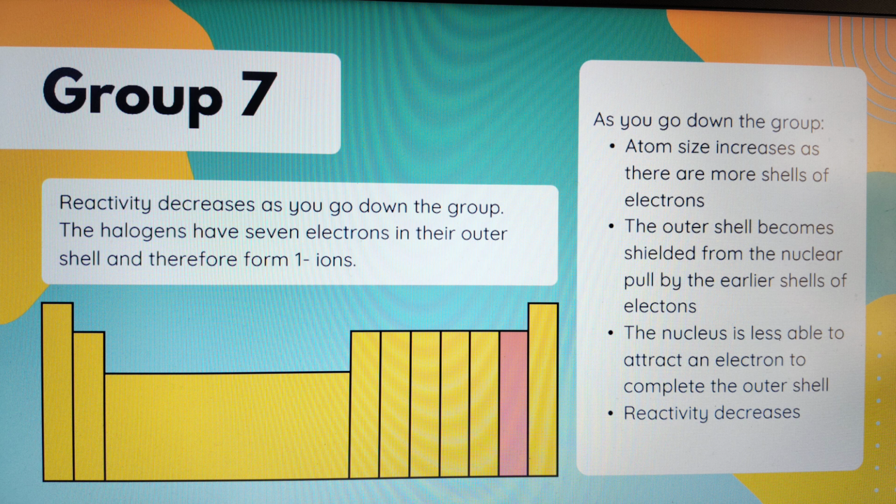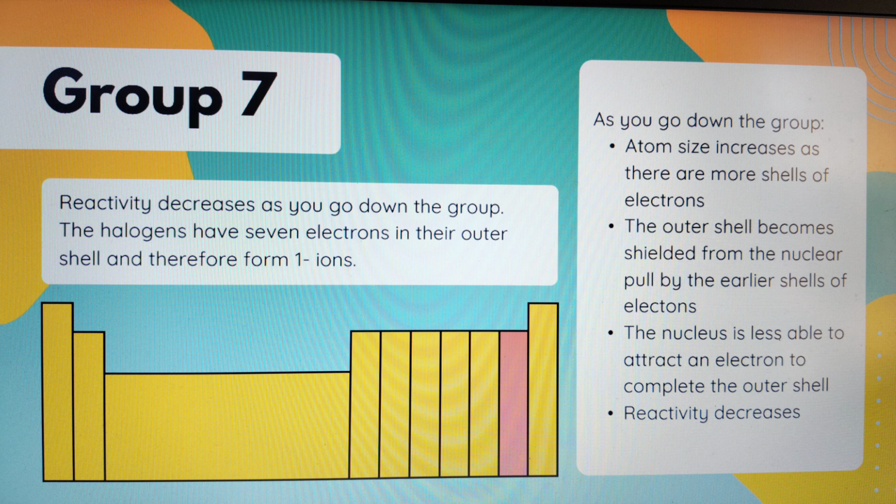Bromine is completely liquid at room temperature. Iodine is completely solid at room temperature. Okay, it has the electronegativity as -1 because उसको एक electron चाहिए to become octet. So it is called as an anion. All the ones are called as anions. उसके ions जो बनते हैं वो anions होते हैं. As you go down the group, the atomic size increases. Size तो increase हो जा रही है because more shells are added.